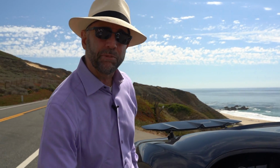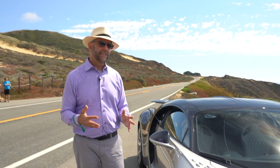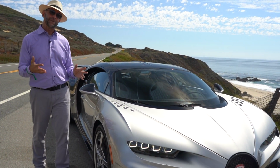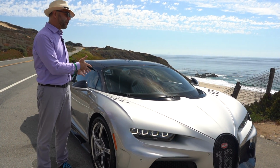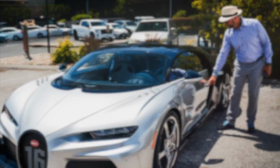Bugatti's got really interesting plans, we know, for the next generation of these, but that doesn't mean anytime a great, iconic, historic, once-in-a-lifetime car ends production, it's still not a little sad. So I personally feel very grateful that I actually got to drive this vehicle as it's doing its swan song